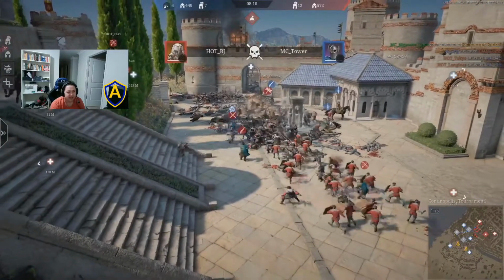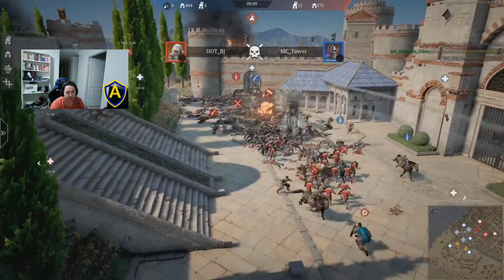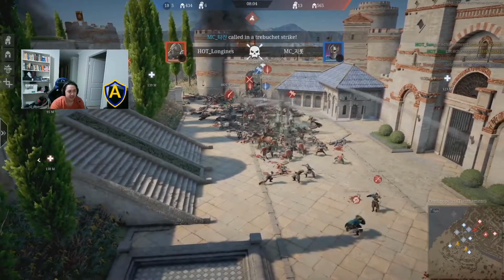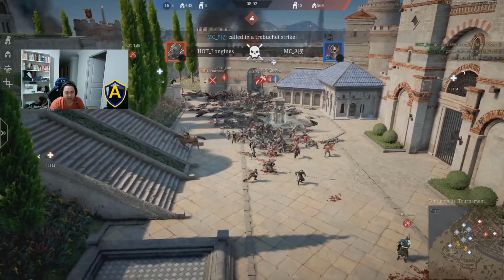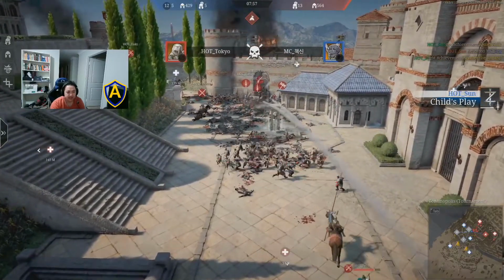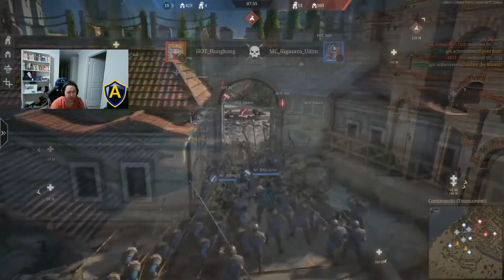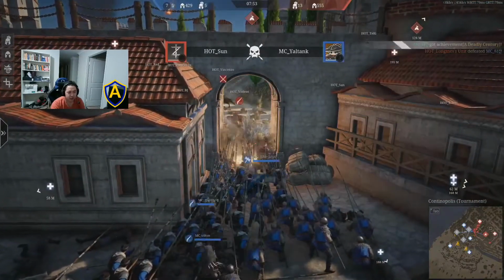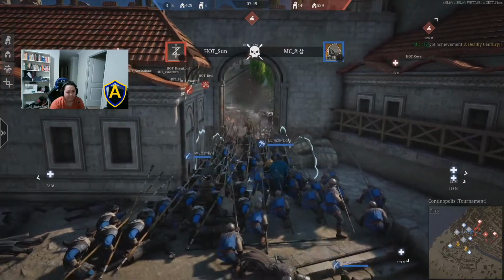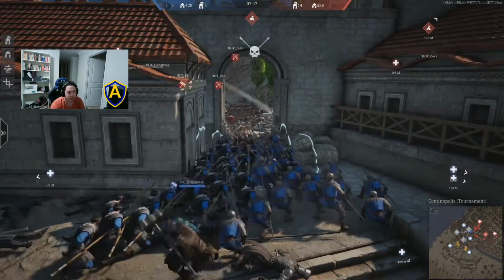MC getting halted here when moving into the inner side wall. Good strategy for Hot, not giving up this intersection just yet. We got to see Crusaders also hold this intersection. Not sure what to call it, but